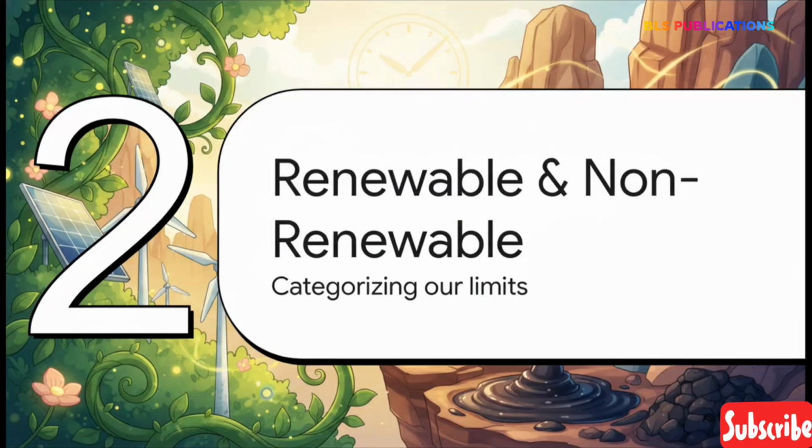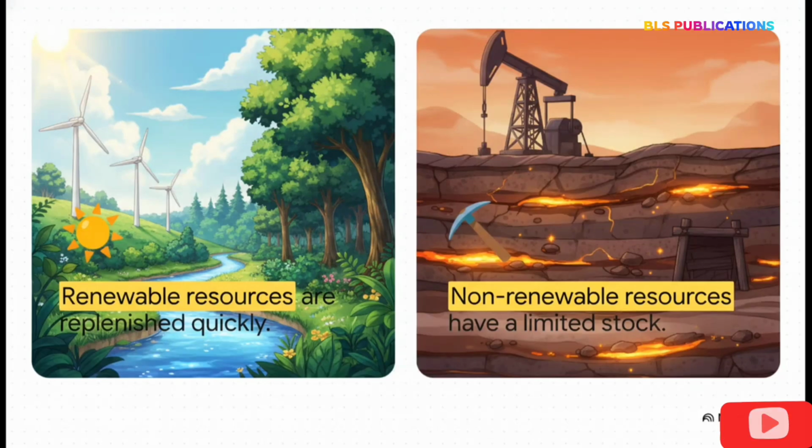Moving right along to Section 2, renewable versus non-renewable. Let's categorize our limits. There's obviously a massive contrast here. On one hand, you've got renewable resources: solar, wind, timber, stuff that replenishes pretty fast. Solar is practically limitless. Though, quick side note, careless human habits can absolutely still wreck things like soil and water, so we're not totally off the hook. On the flip side, we have non-renewable resources. These have a strict, hard limit. Once they're gone, they take literal geological eras to come back. We're talking coal, petroleum, iron, copper, the heavy hitters.